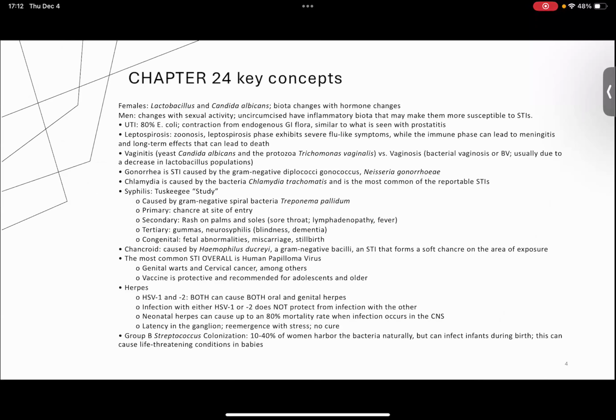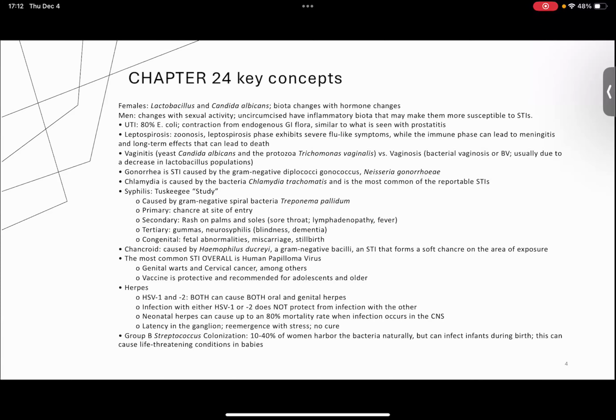Next is chapter 24, which was our genitourinary system. The genitourinary system has a biome that primarily includes Lactobacillus. It can also include smaller numbers of Candida albicans, which is a fungus, right? It's a yeast, which is a type of fungus. And again,